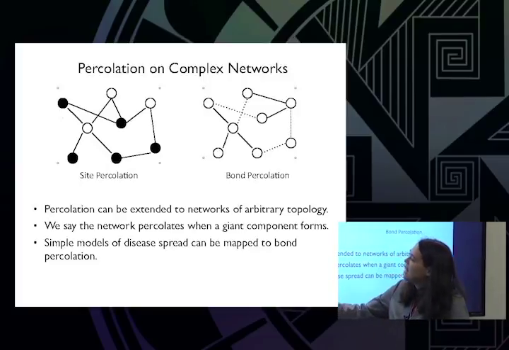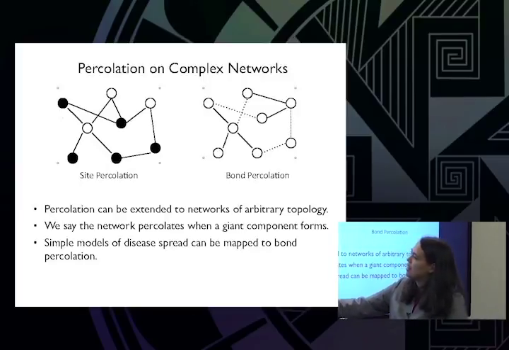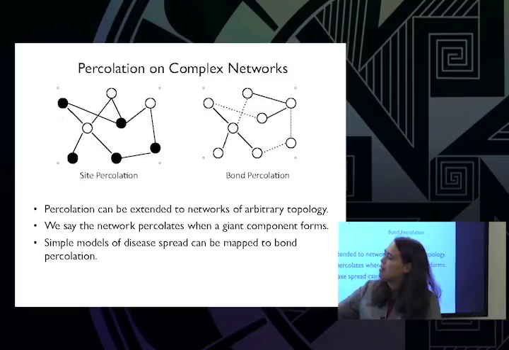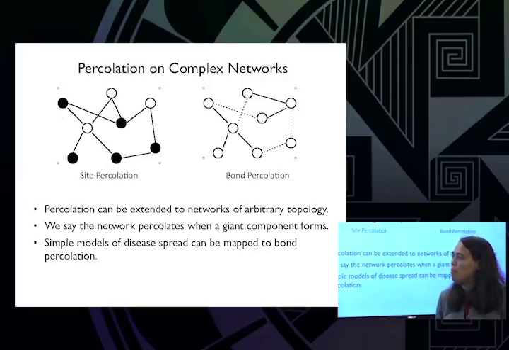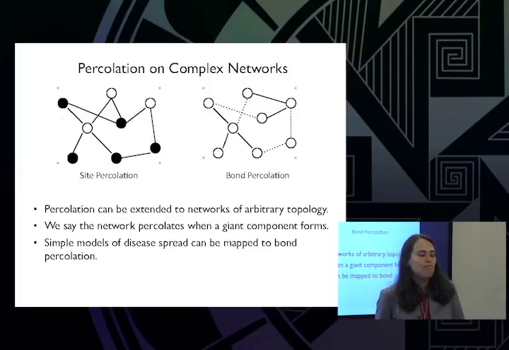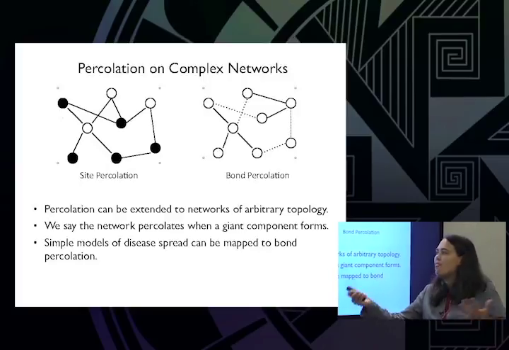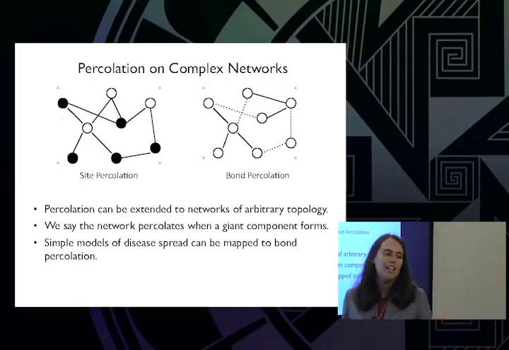But let's say I have this bond percolation problem, and then I take only the subset where those links are filled in, and I look at it over here in terms of the site percolation problem, and I can ask myself, well, which nodes should I have vaccinated in order to stop this spread? And how does that vaccination strategy depend on the structure of